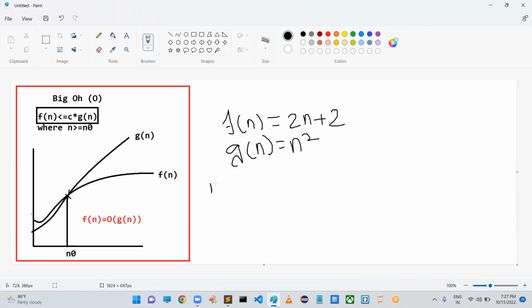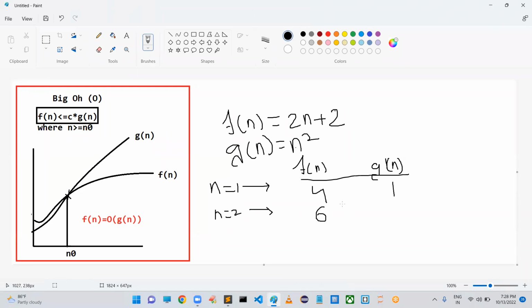Now, let us substitute n is equal to 1. This is f of n, and consider this is g of n. What will be the value of f of n when n is equal to 1? 2 into 1, 2, 2 plus 2, 4. What is n square value? 1. When n is equal to 2, 2 into 2, 4. 4 plus 2 will become 6. 2 square will become 4. So when n is equal to 3,